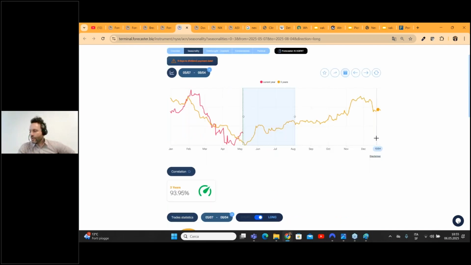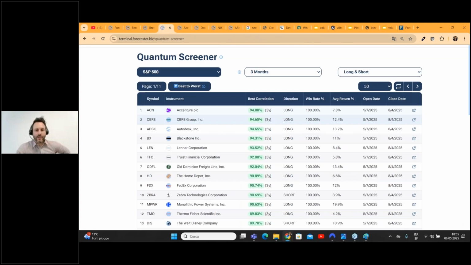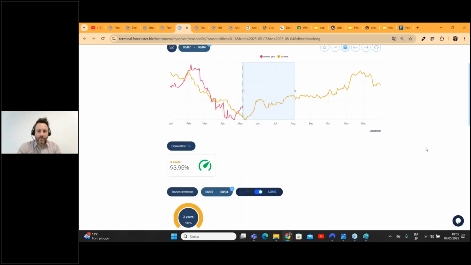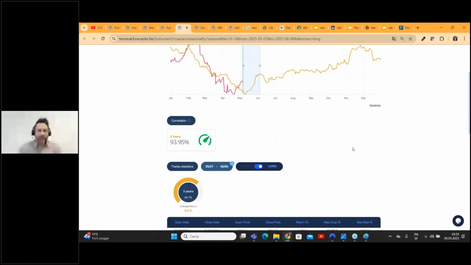And this is a tool a lot of people are using a lot because it's very powerful. It's inspired by Jim Simons, and we really use it a lot because you can also, let's say, play with this tool, because in this case, for example, you can see the statistics regarding